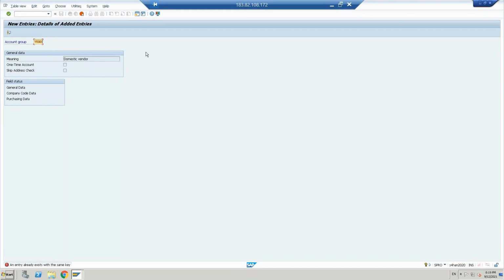I'll create a vendor for T. Vendor for domestic. Yeah, vendor domestic. So here you can see the field status. Here we can control the field status at three levels. For general data,